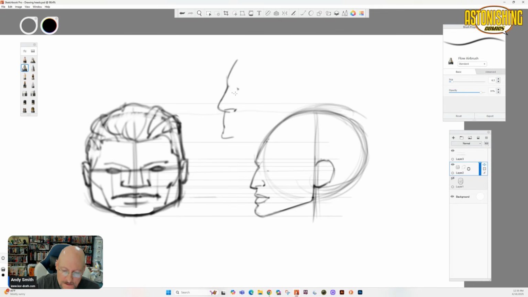Nose comes in, mouth, chin. And in some characters, their eye is set farther back. So it really depends. On this guy, and this is kind of a rule of thumb you can go by, you take the angle of the nose, and you do that same angle, backing up from where the nose touches the front of the face, and then that's where the eye would be. So let's see, bottom of the eyes here, top of the eyes up here, corners here,